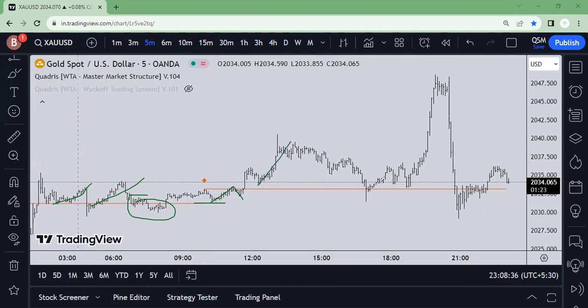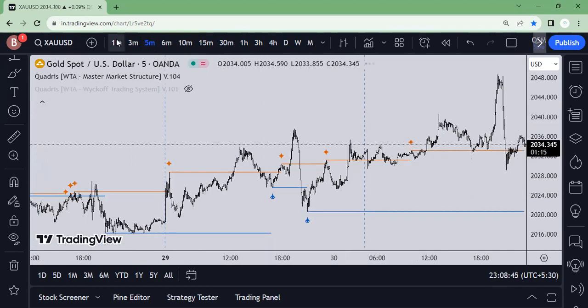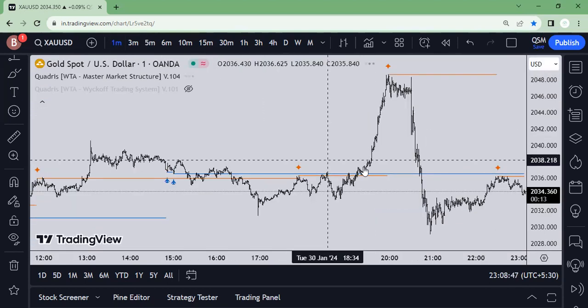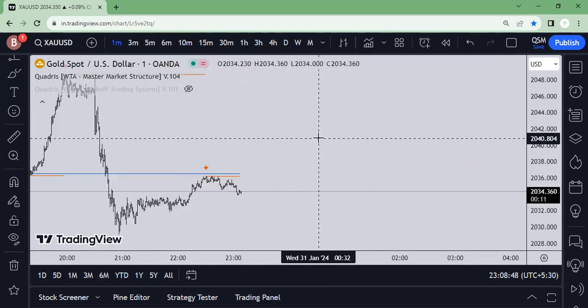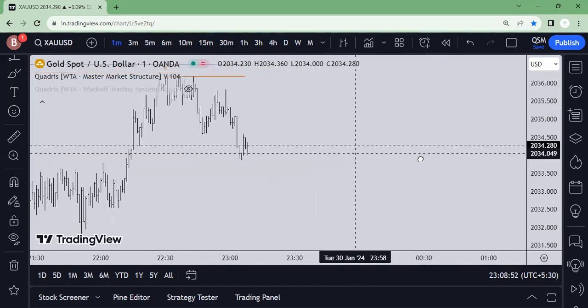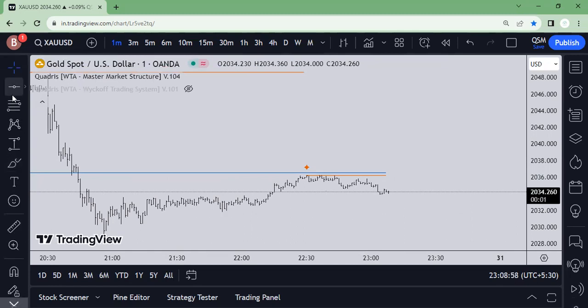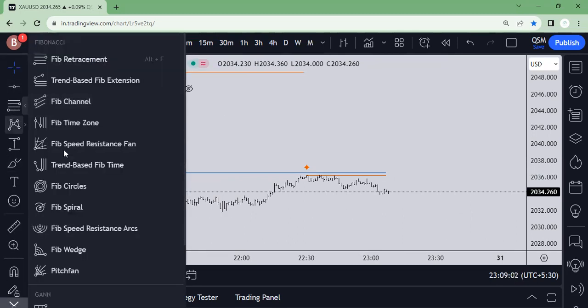So on an intraday basis also, whatever time frame, even if you come down to 1 minute for scalping, it will work like anything. This is the most recent one made. This is the most recent one. So even in terms of profit and risk to reward ratio,